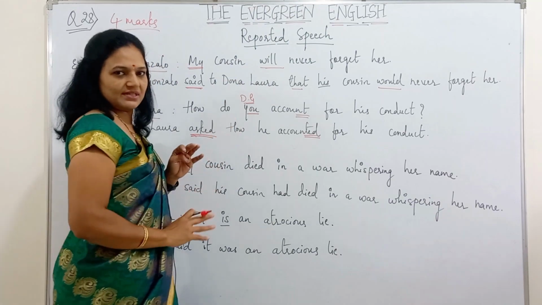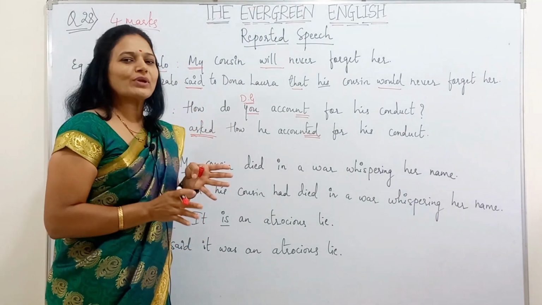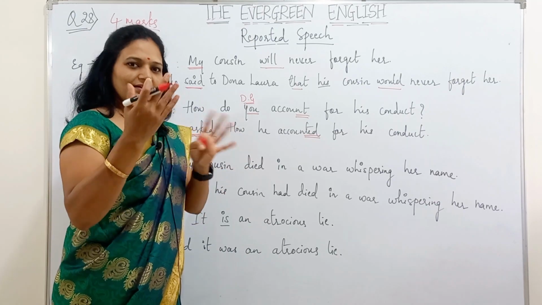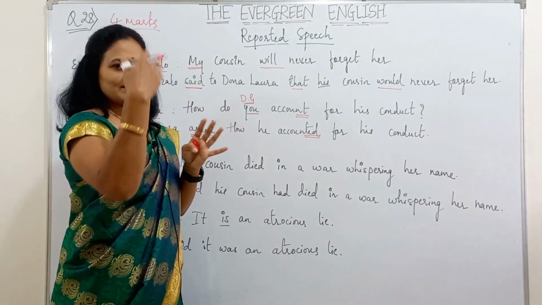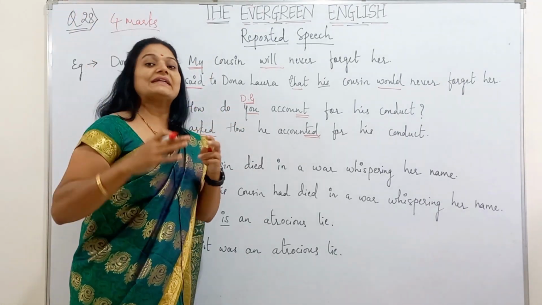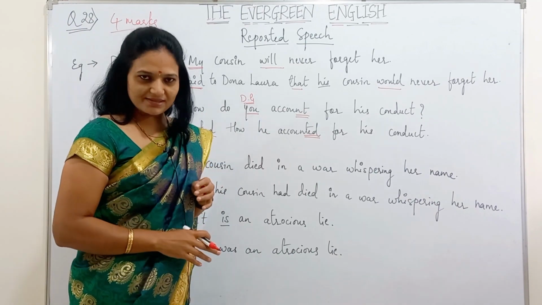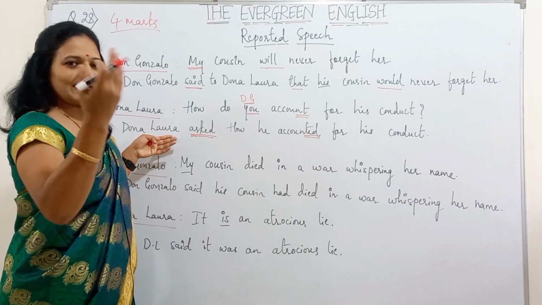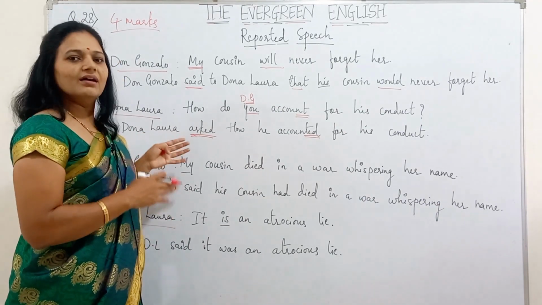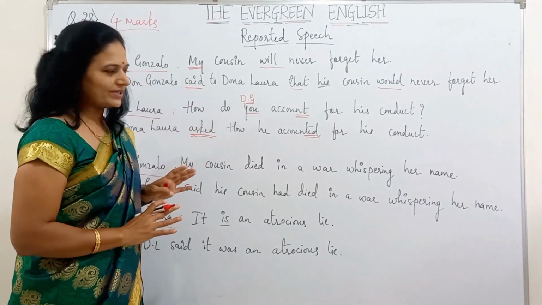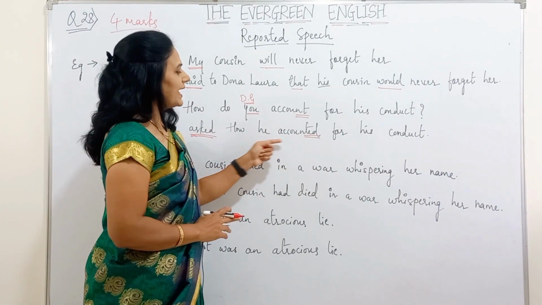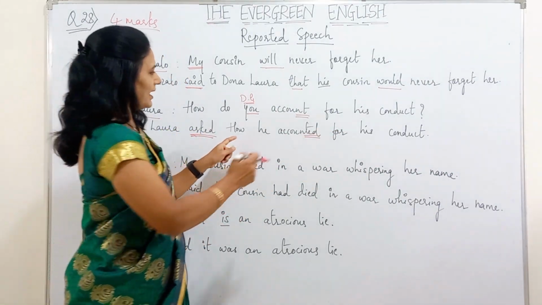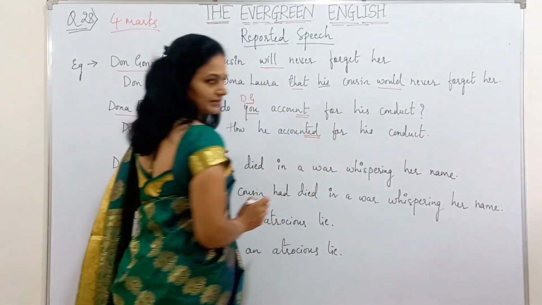His is the third person. Isn't it? You know the story of Don Gonzalo and Laura. He says that that gallant lover is his cousin, and Laura says that lady is her friend. Isn't it? So this is the story there. How he accounted for his conduct. Okay, and this is the full stop here.